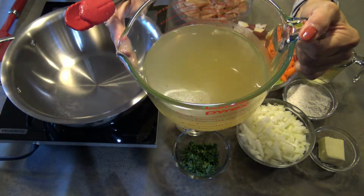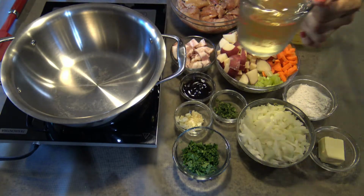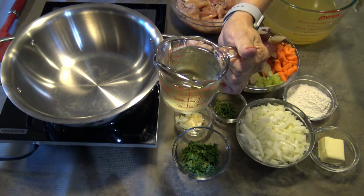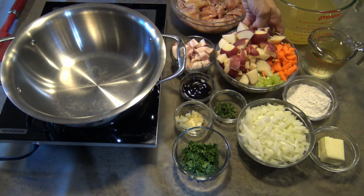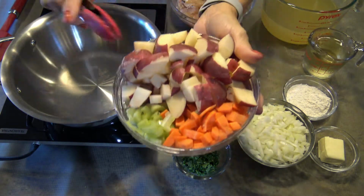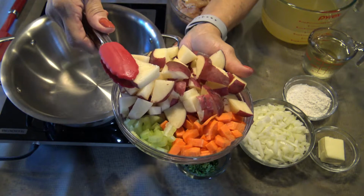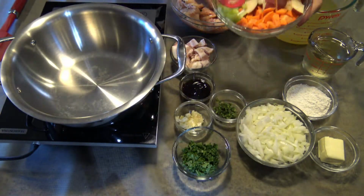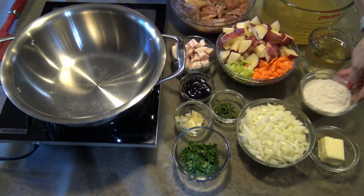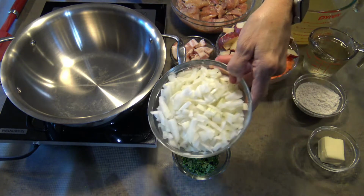Chicken stock or chicken broth, dry white wine, small red potatoes cut in bite pieces, and I left the skin on the potatoes, celery and carrots, all-purpose flour, 1 large onion,